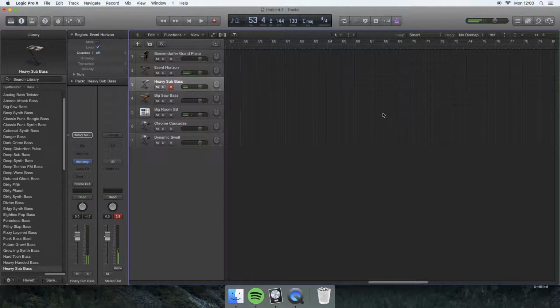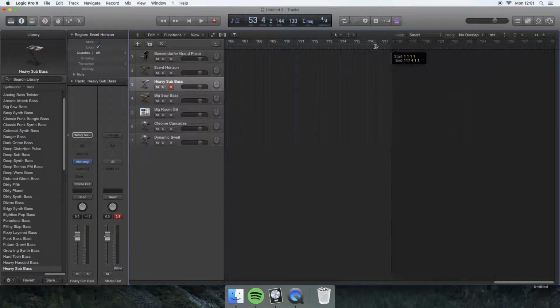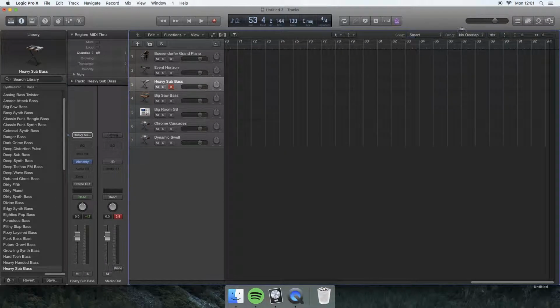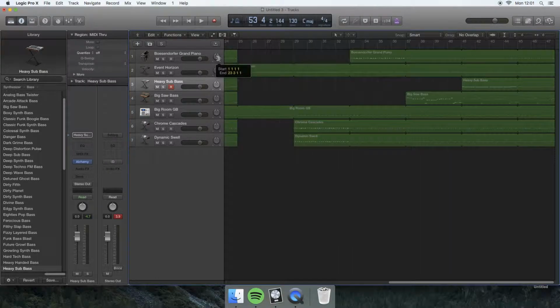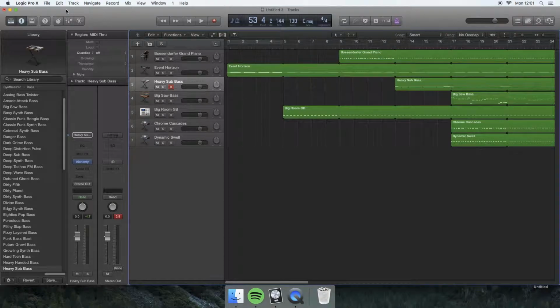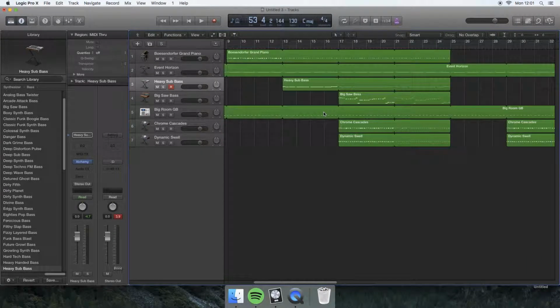So there is an almost well-structured dance track. So yours will look something similar to mine, but it doesn't have to. You can be as creative as you like with it, but that is one solution which you might want to think about. So I want you to think about controlling texture and thinking about how you're going to present your ideas. Now, what we're going to do next is we're going to add some